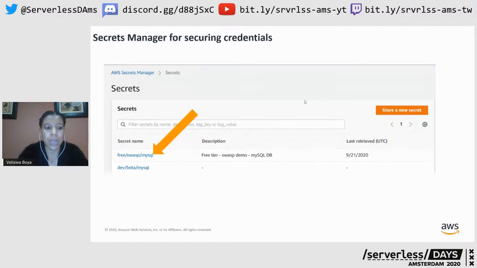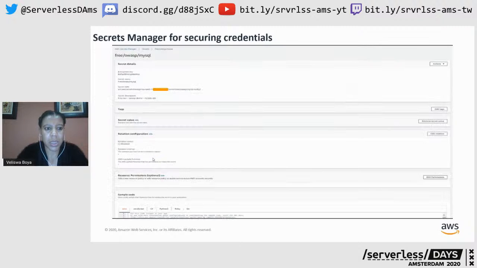And then we're going to look at a secret that I actually defined just so we can see what they look like. So I've got this secret that I've got for my SQL. That is where all my database connections I'm defining here. And let's just expand it and see what it actually looks like. So it will have an